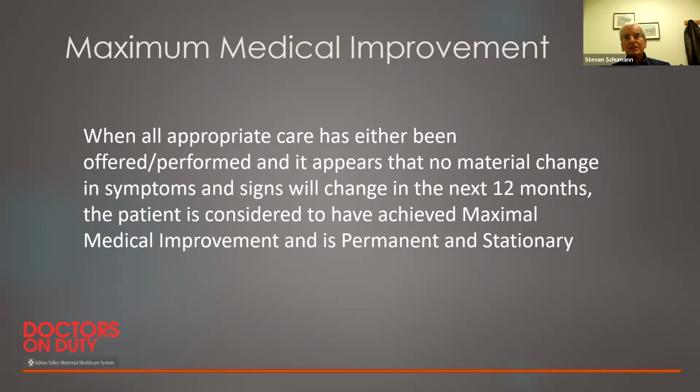Or this is also the patient where surgery would be indicated in carpal tunnel, but the patient just doesn't want to have it done right now, or in the foreseeable future, and will want to have provision for future care for that. This is a situation where the change just isn't likely to change in the next 12 months. We call them MMI and determine them PNS, send in a PR4, and just provide for future medical care to include future surgery. So in work comp, there's a starting point.